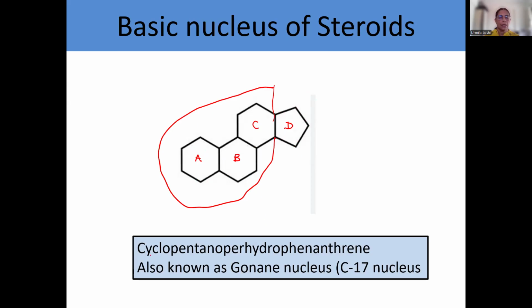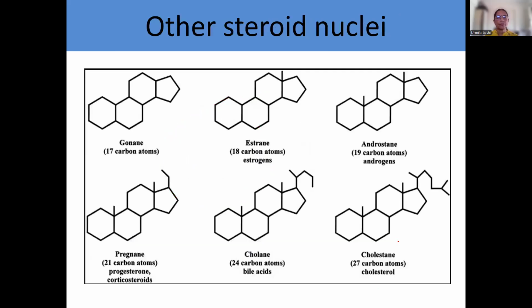And therefore, this entire nucleus is known as cyclopentano perhydrophenanthrene, because there is no double bond. It contains 17 carbon atoms. I repeat, cyclopentanophenanthrene, sometimes also called cyclopentano perhydrophenanthrene, consists of four rings A, B, C, and D, and the number of carbons is 17. There are other steroid nuclei which contain a similar